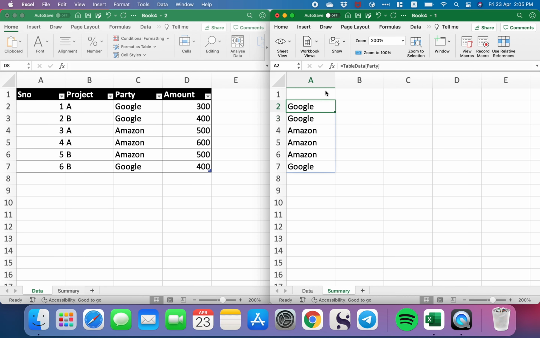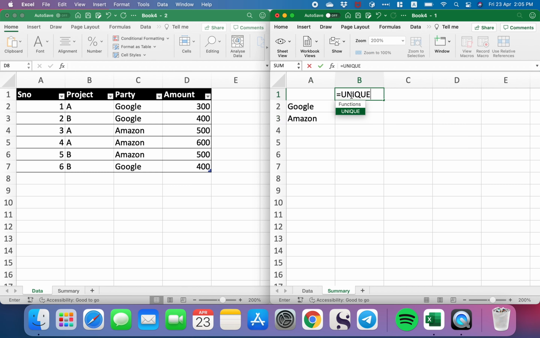But it's repeating again and again. This is not comfortable for me. I only want the unique value. So this is where unique comes in. It takes an array, right, and punches out only the unique values inside. So in a similar vein, if we go unique,